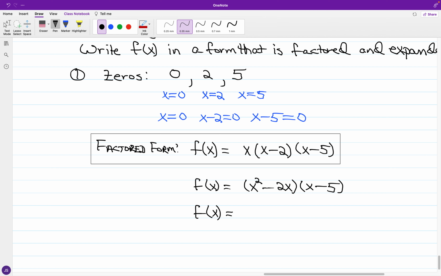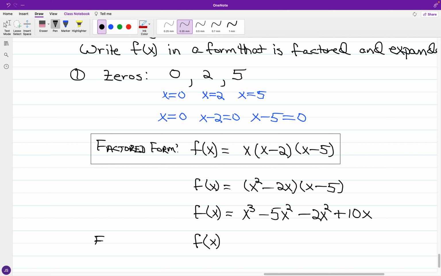And if I FOIL out, we have x squared times x, that is going to be x cubed. Outside product, we have x squared times negative 5, so we're going to have minus 5x squared. Inside product, we have negative 2x times x, so this will be negative 2x squared. And negative 2x times negative 5, that would be a plus 10x. And once we assemble the like terms in the middle,